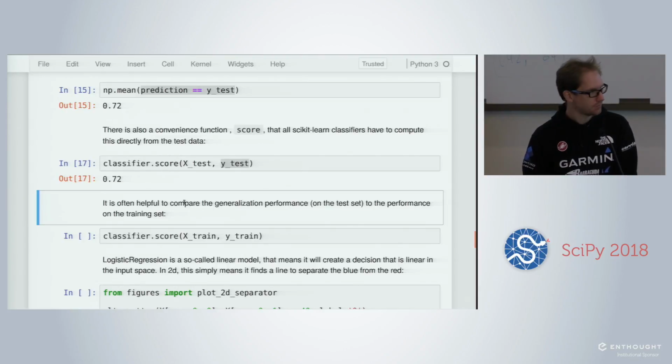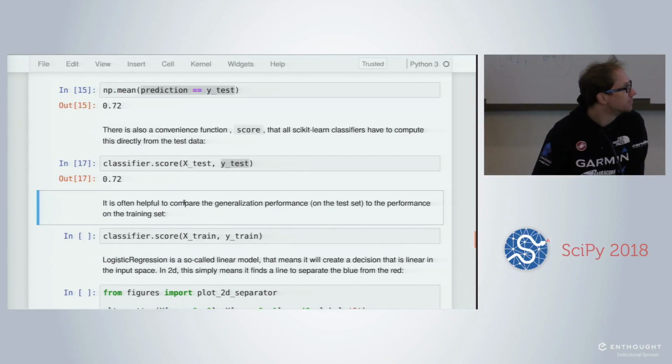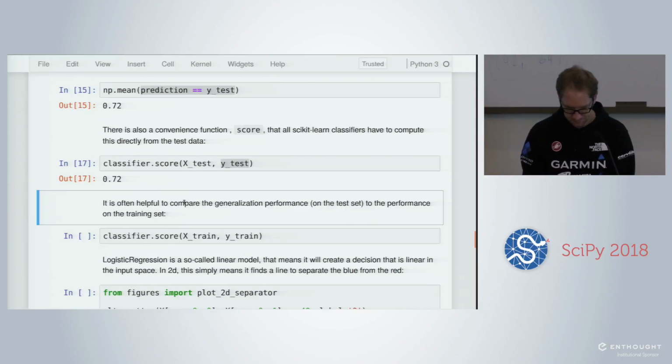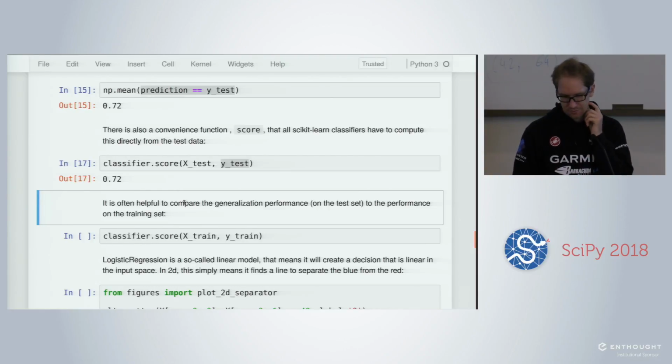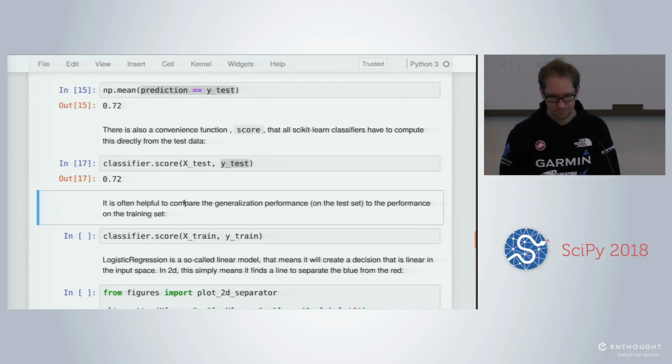Can you please insert a new cell just above this one, to display the value of prediction equal X test? That will return a Boolean mask. Those are values true and false whether or not they agree.